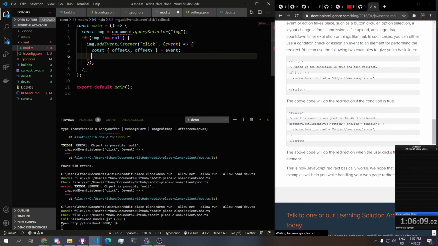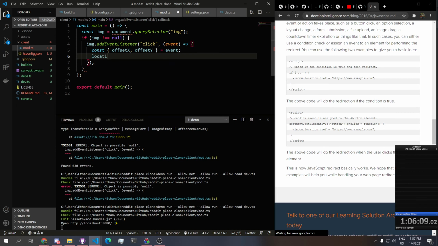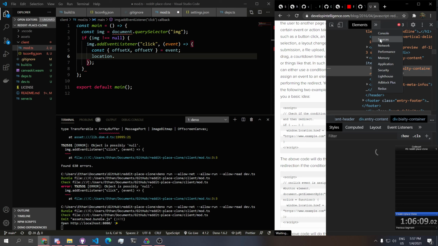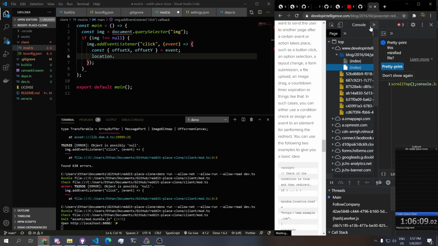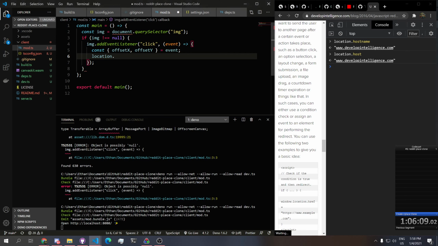Guess that's all you need to do. Well, it's just gonna be like window location dot, what is it? The host. That's what I'm trying to find. Console. Oops. Location dot host. Okay. Yeah. So location dot href is equal to location dot host